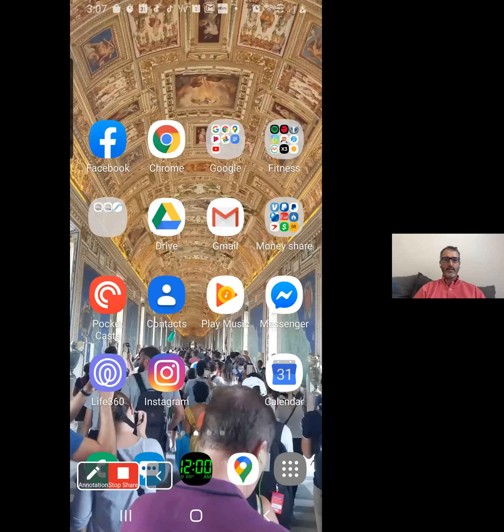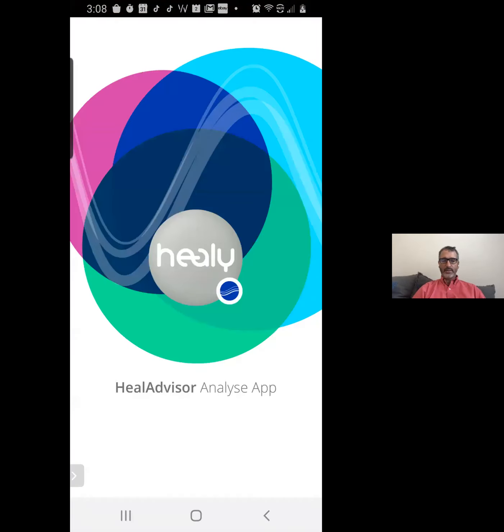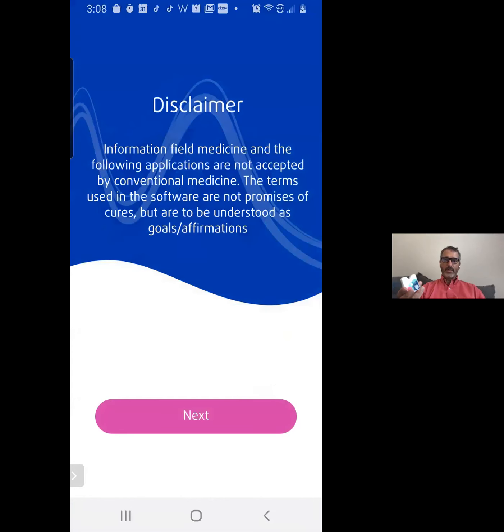All right, so what you notice, this is my phone right here, and I've got a subfolder with all the Healy programs in it. When I open this subfolder up, you'll notice I have 3 applications in here. The Healy app with a pink dot is for the Healy Gold Health, Health Plus, Healy Holistic Health, and Healy Holistic Health Plus. When I want to run the direct microcurrent programs, I open that one. The Healy Advisor Analyze is for my resonance level of the Healy, and this is the one that can do scans. So I'm going to open up that one right now. And if you notice my Healy right here,